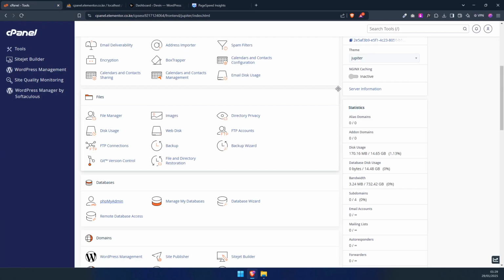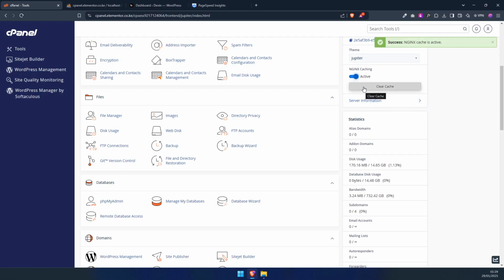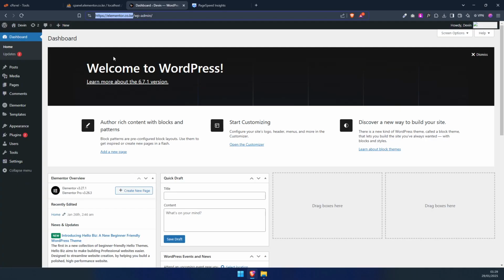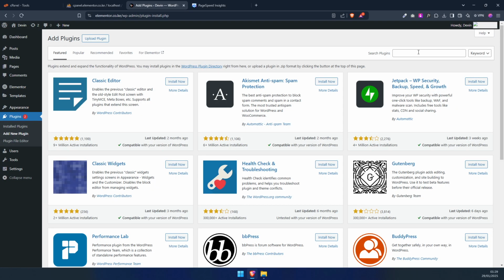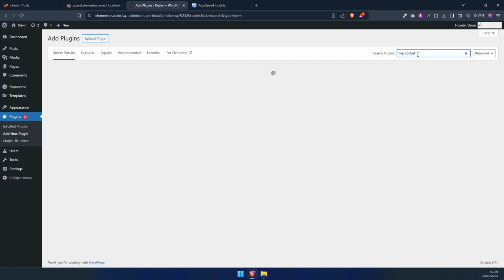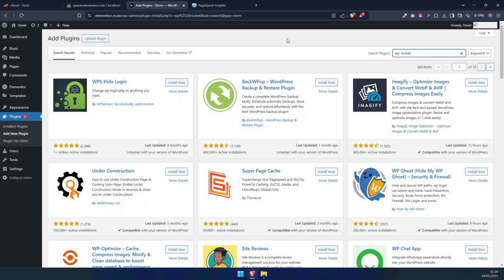So the first thing, of course, if you have caching on your server, activate it such that you have cache. You can actually clear whatever cache that was there. One of the plugins that you can use to optimize your website is WP Rocket. We have the free version, which is not as bad. And you can just click